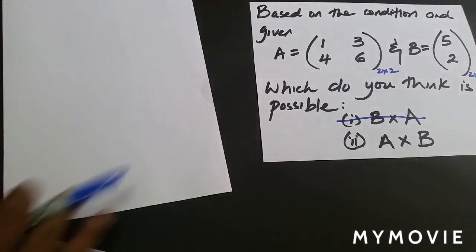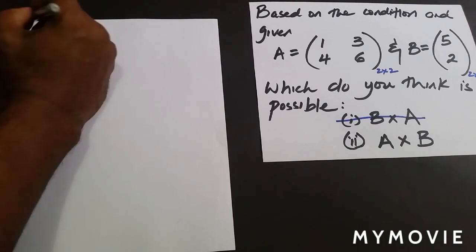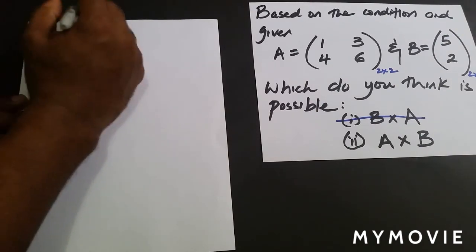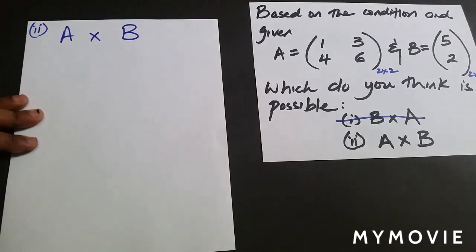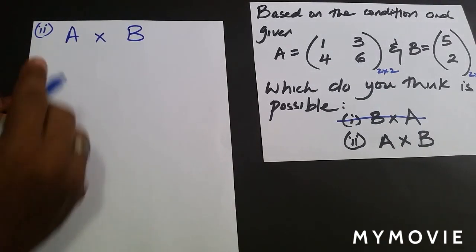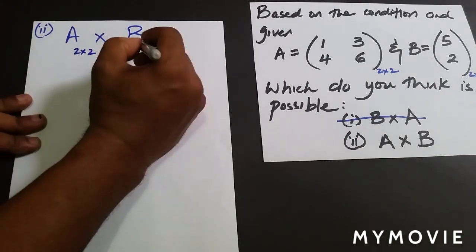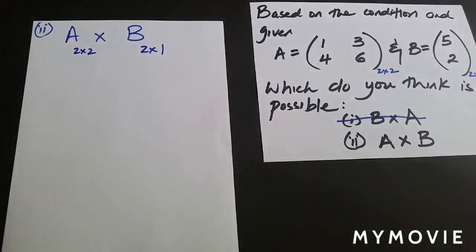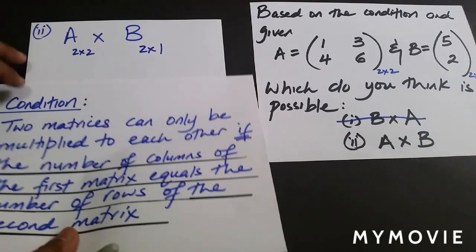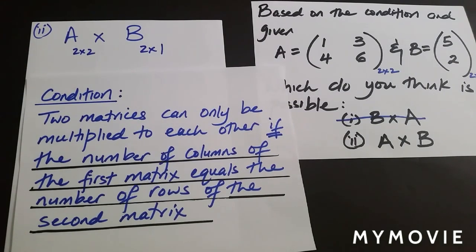Let's look at part 2. Part 2 says A times B. The order of matrix A is 2 by 2, and the order of matrix B is 2 by 1. Remember the condition: two matrices can only be multiplied to each other if the number of